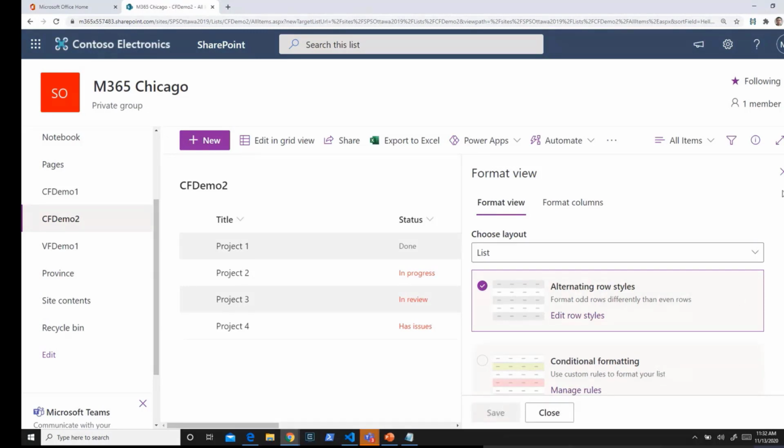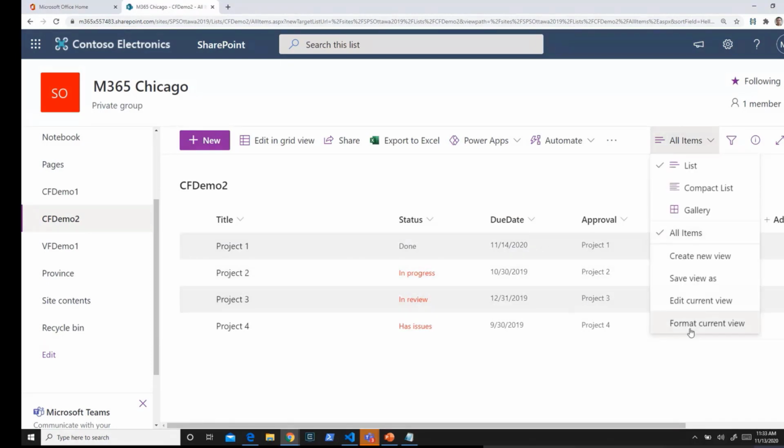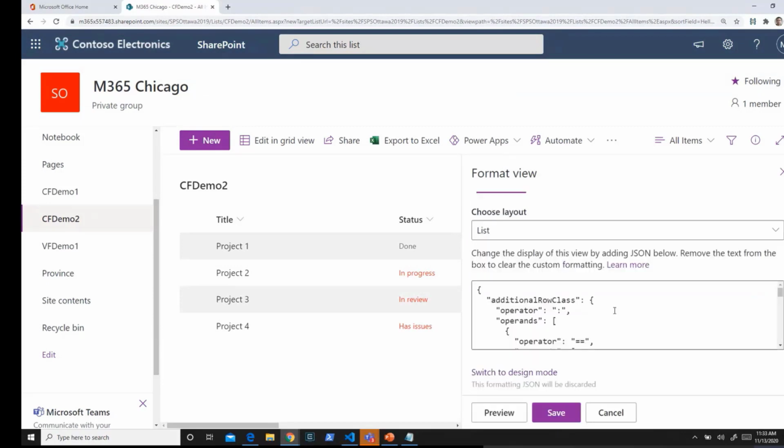And another thing, it's a great example. Your view formatting doesn't override your column formatting. So your column formatting is already there, and what you have done is you have added view level formatting where your columns or rows are alternatively styled. So when I go back to my view formatting and go to advanced mode, as you can see, it's using additional row class. And again, it's using operators and operands, but you could still stick with your standard if